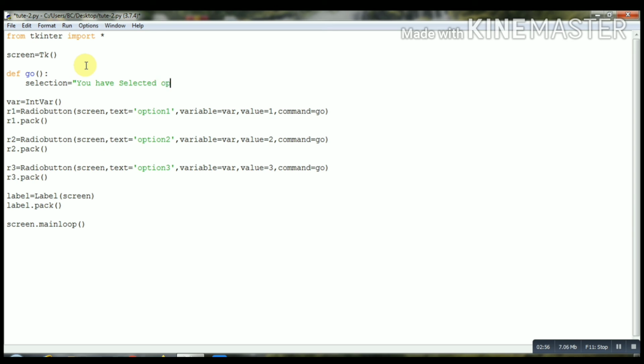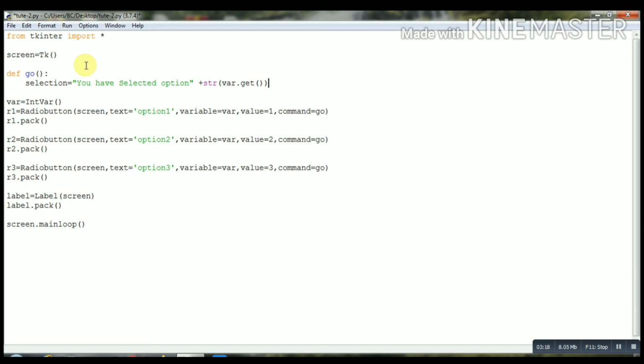We are creating a string, guys, option, plus var.get. It means which option the user has chosen. So var.get.